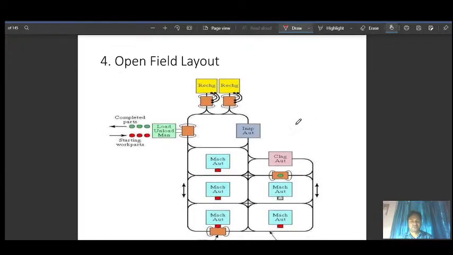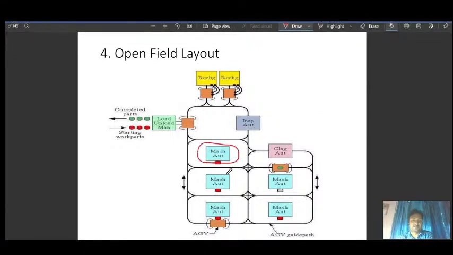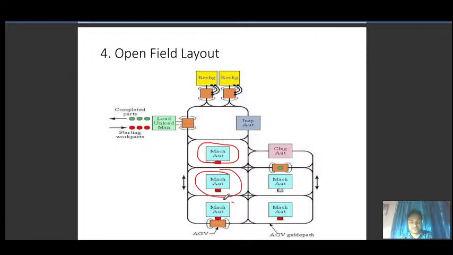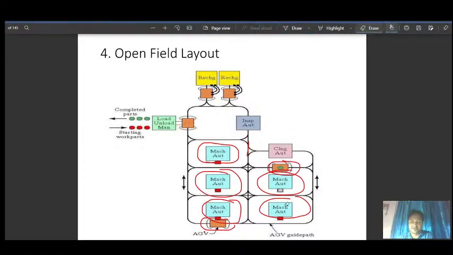Then this is the open field layout. We will have these machining automatic centers, machining automation. Then we will have this black color as a path for the AGV, and you can also see this box that is representing our AGV.